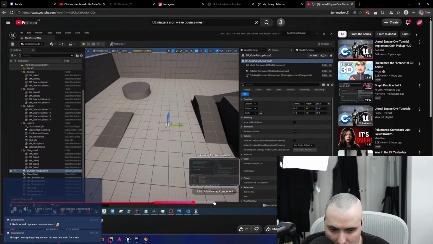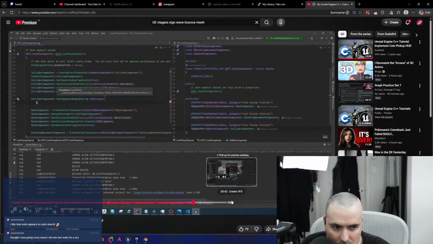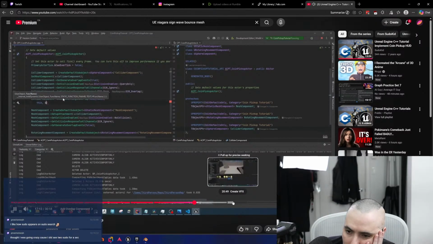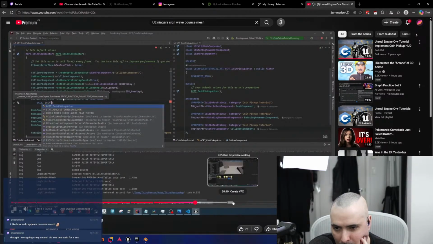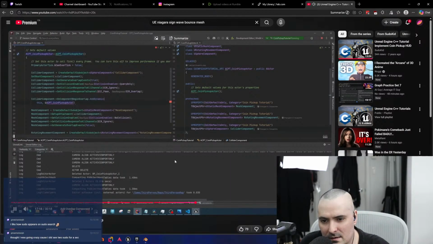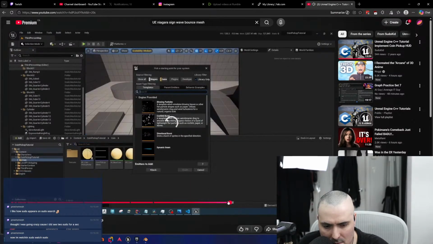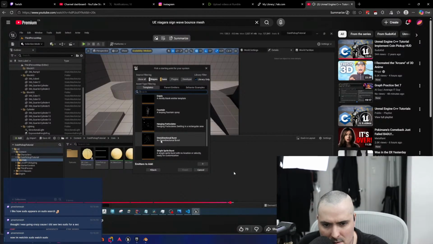Now that the dynamic and the first argument will be this, and then the second one will be a function that we'll be creating in a couple seconds here. ACPT coin pickup actor, and we want to use the omnidirectional burst. So we'll just click on this and then add it and then finish.